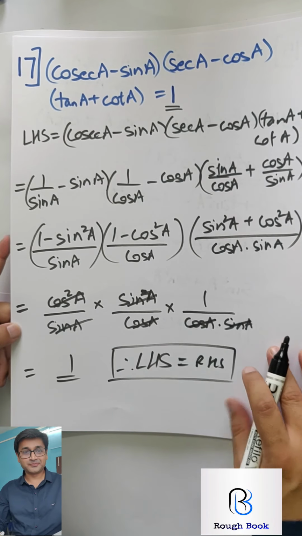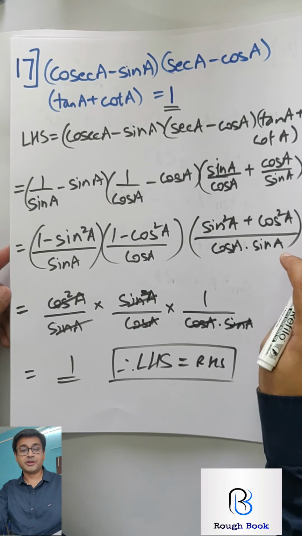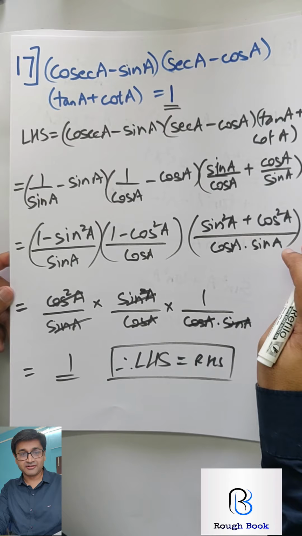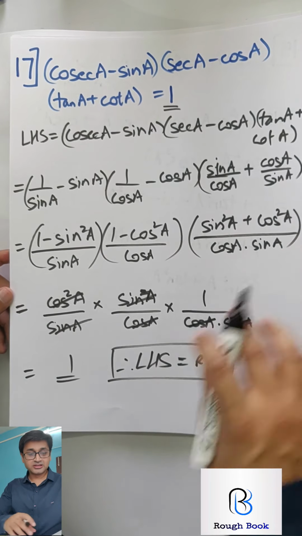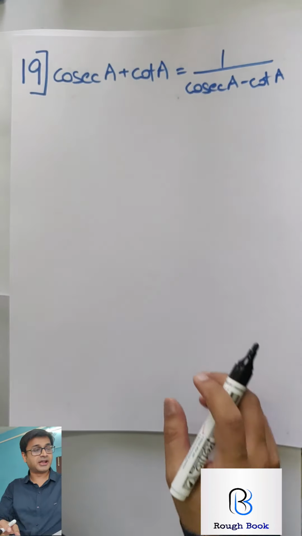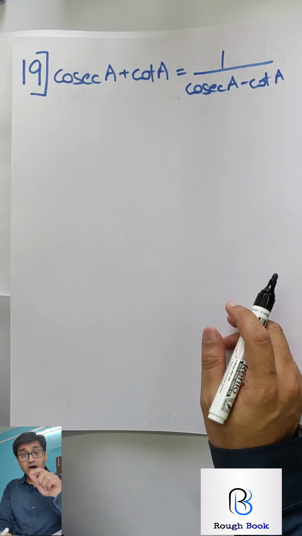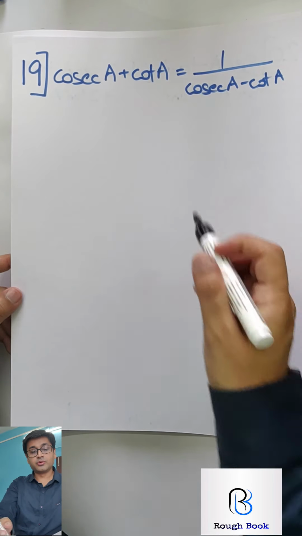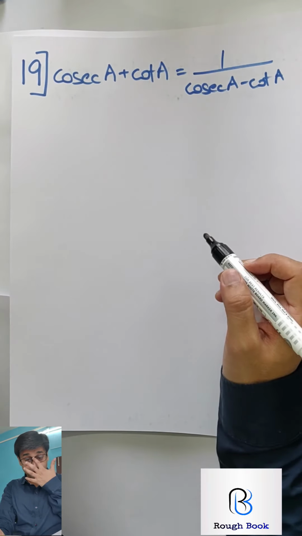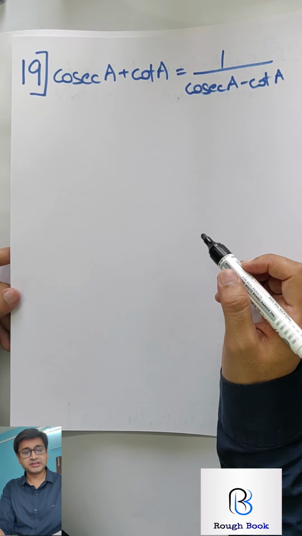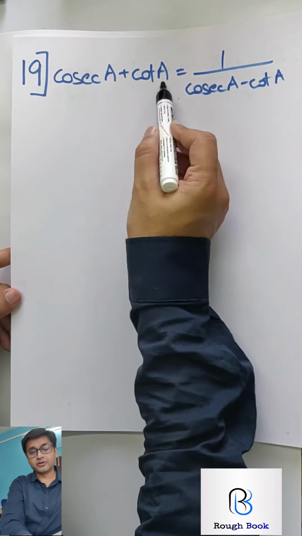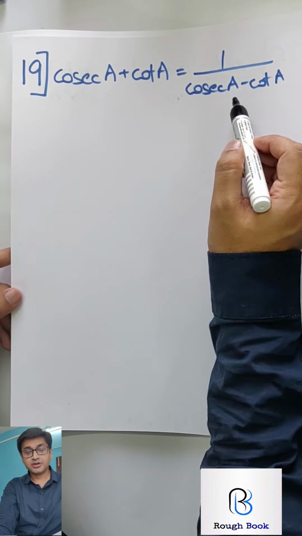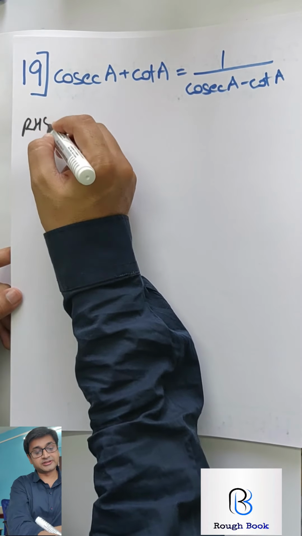Did you enjoy this sum? I am 100% sure many of you all are enjoying trigonometry, and I will get a lot of comments to this one. So let's go with the next one. Sum number 19. You are going to get this one for me. So where are you going to begin with, LHS or RHS? Here the choice is slightly tricky because starting from here and getting into this is tough. So you have to begin with RHS.